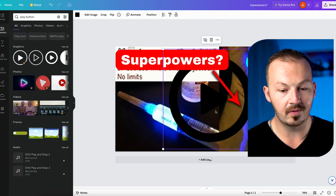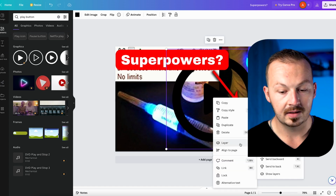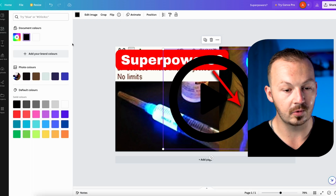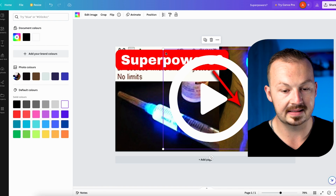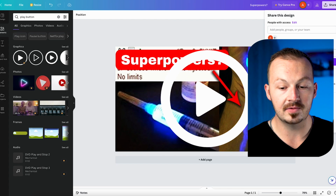As you can see, this is overlapping with my superpowers caption, so I'm just going to right click on it, go to layers, bring it in the front, and I'm also going to change its color because it's not very visible, so I'm just going to make it something like this, for example. Once you finish this, go ahead and save this to your computer as well,